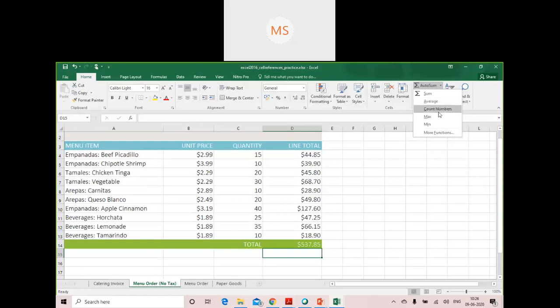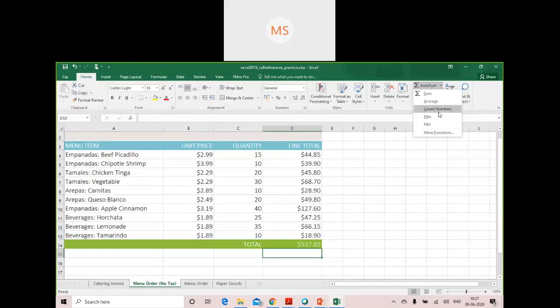Then we have count numbers. This function gives you the count of cells which you have selected. That we will also demonstrate. Count numbers only works on numbers. It doesn't work on any other data other than numbers.